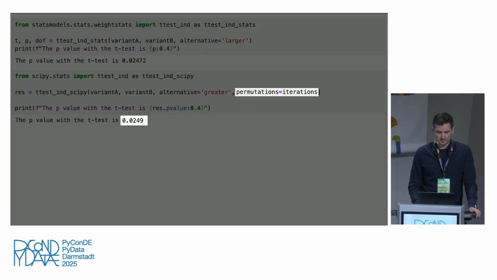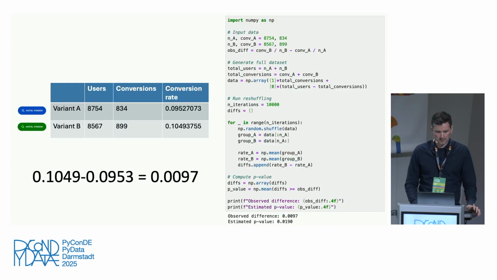And in Python, with its ecosystem, you even have another way of doing the same thing. You already have it in SciPy stats, in the library SciPy, because you also have this independent t-test, and you have a parameter which says permutations, where you can also give the number of iterations, where you can get a result which is even more similar than what I had before. So I hope this is kind of clear in that part.